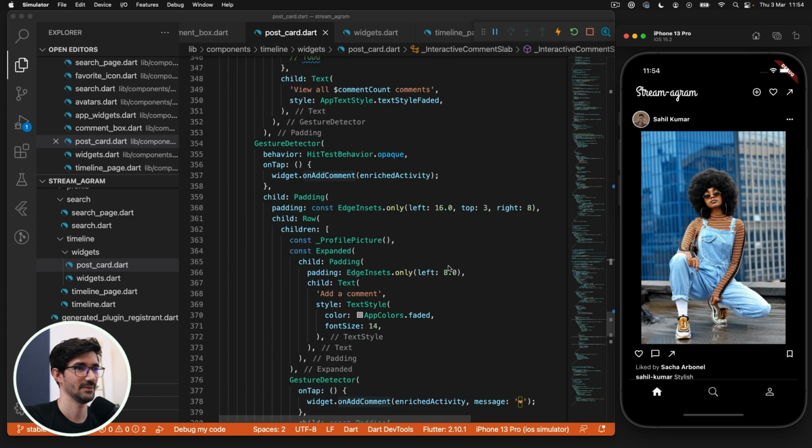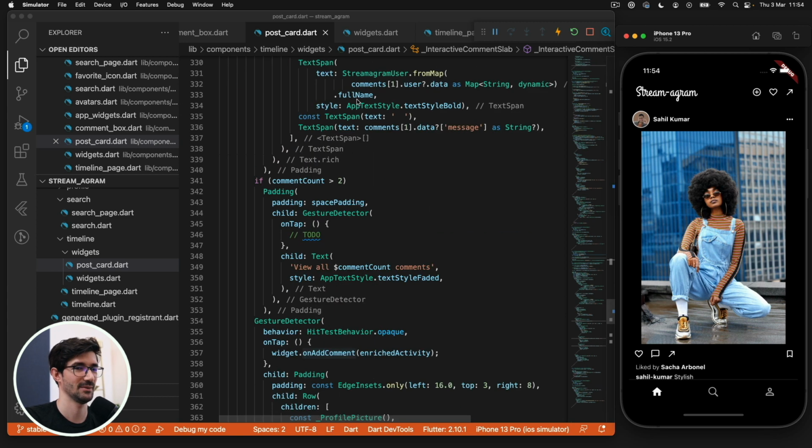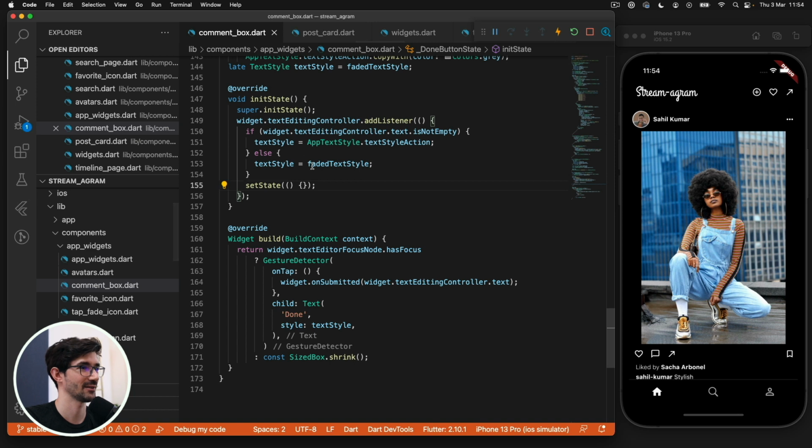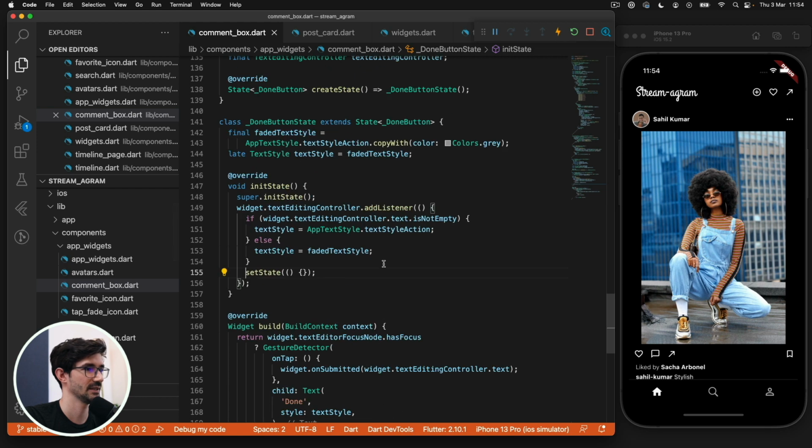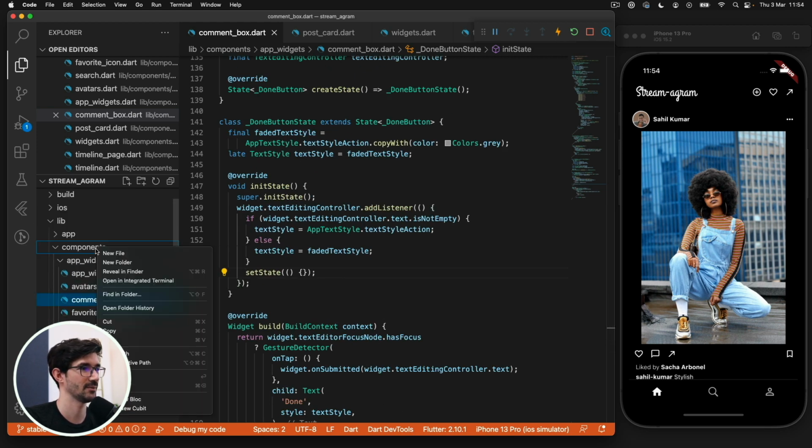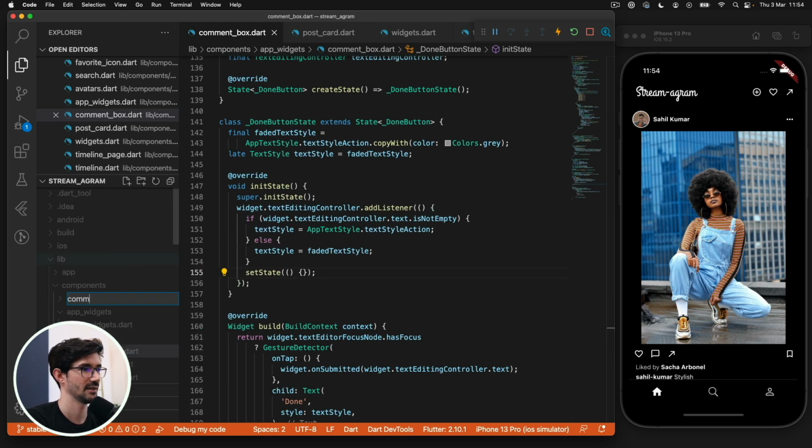So yeah, sorry for going over this so fast. This video is turning out to be a lot longer than I anticipated already. And there's one other thing we need to add, and that's the comment screen, because that's really cool, and you'll see why. Okay, so what we're going to do now is in our components, we'll create a new folder called